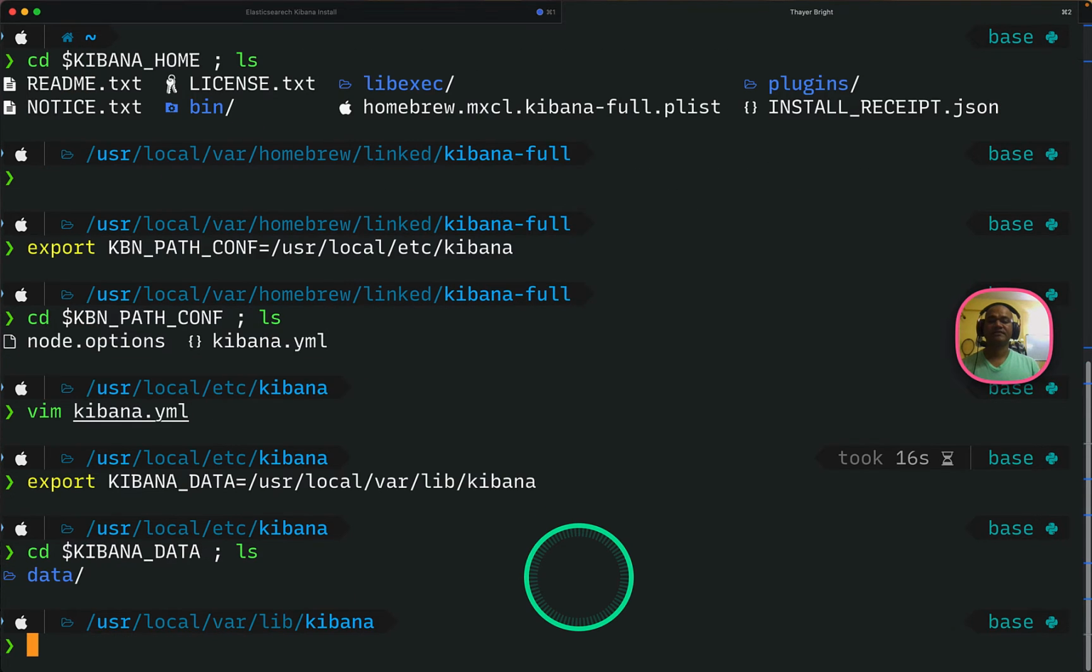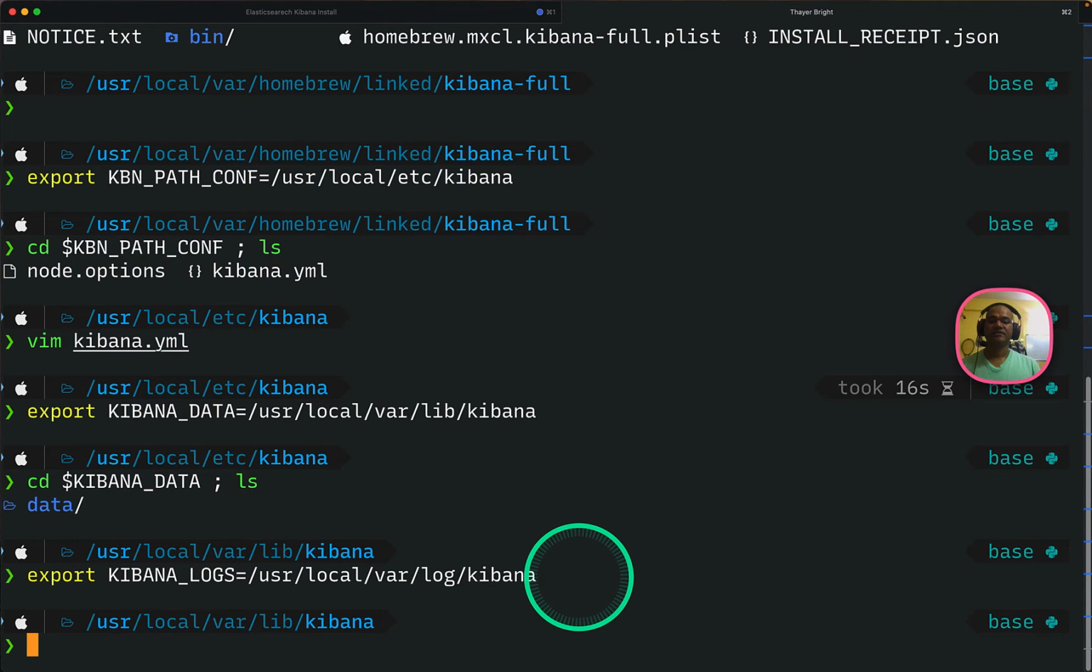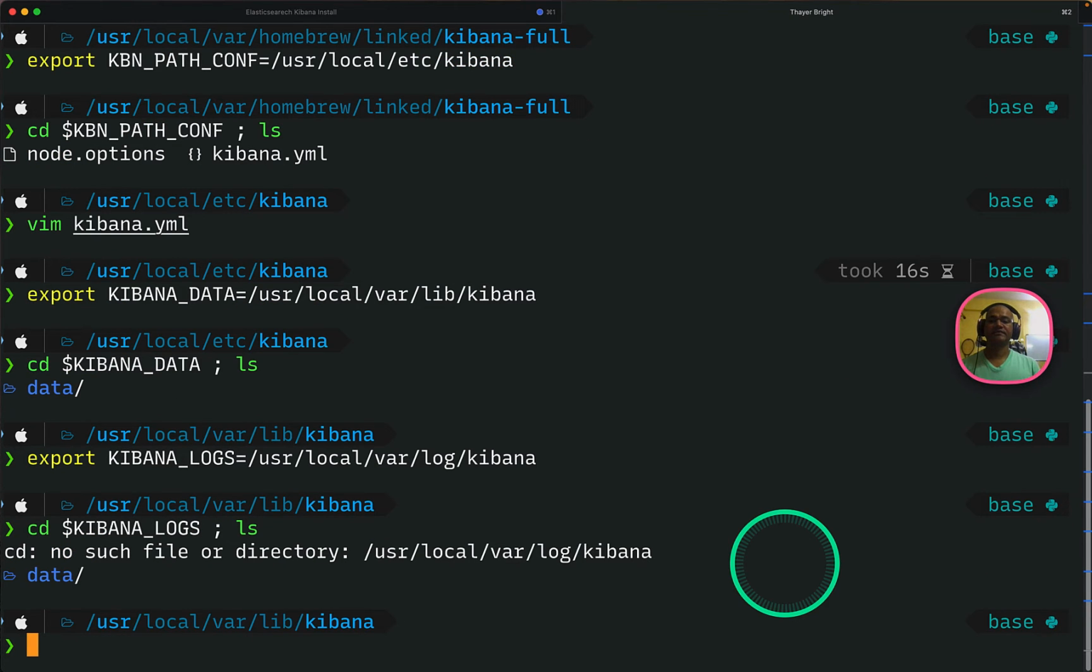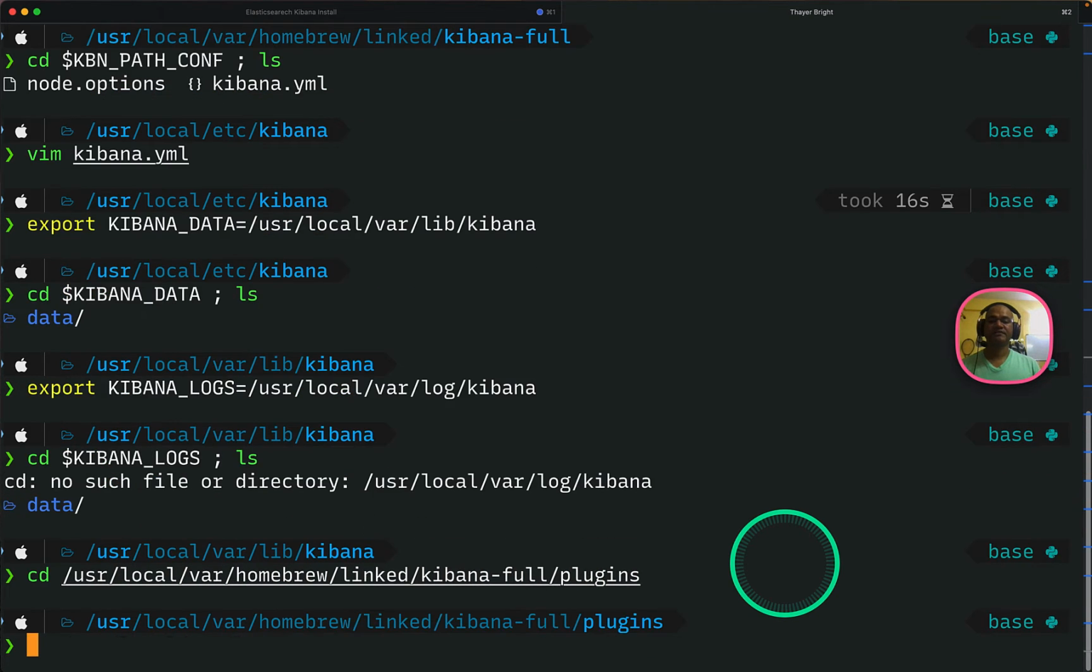Next is, okay, we can take a look. Okay, there's only a data folder. And next is Kibana logs, that is the location, and we can take a look at the logs. So currently, because we haven't started, there are no logs at this point. And this is where the plugins go. So the folder is available, and now I'll